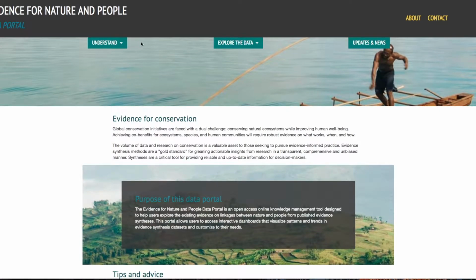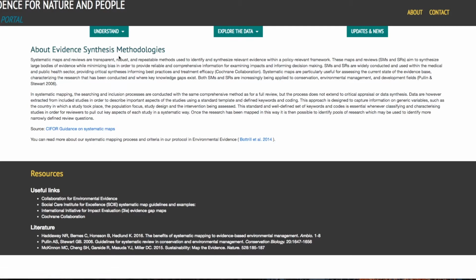At the top, you'll find a menu from which you can navigate this website. In the first tab, in Understand, you can read more about evidence synthesis and the methodologies that drive these transparent, robust, and repeatable approaches called systematic maps and systematic reviews that allow users to identify and synthesize relevant evidence within